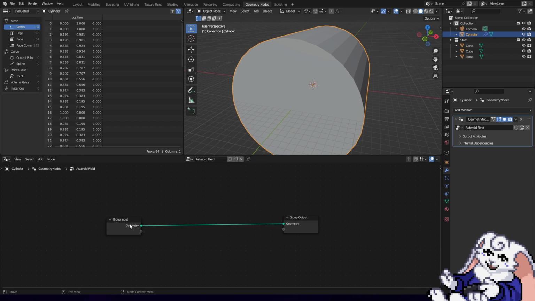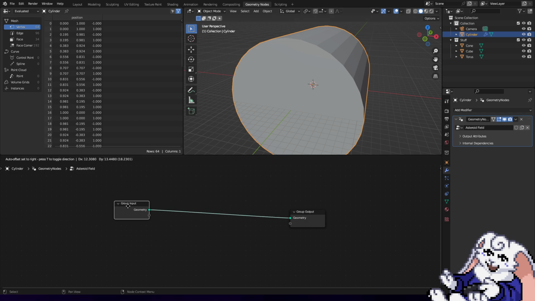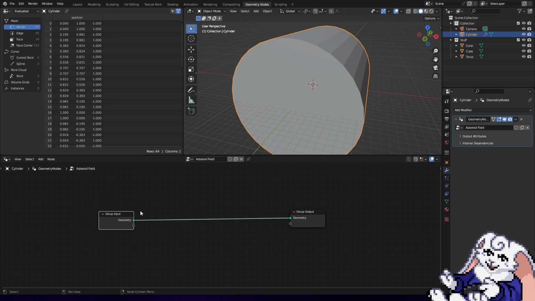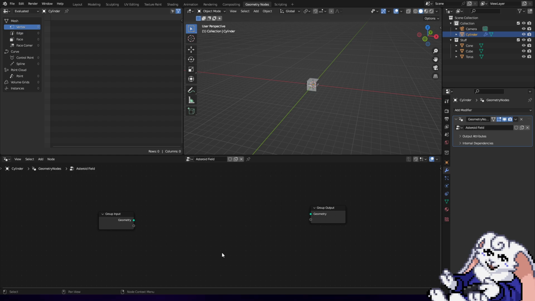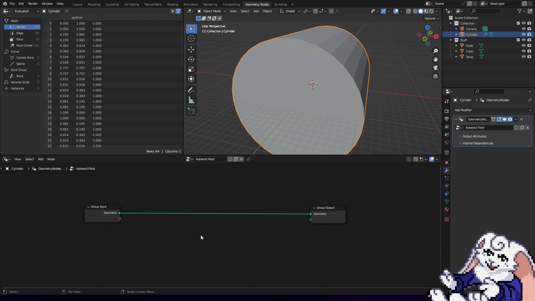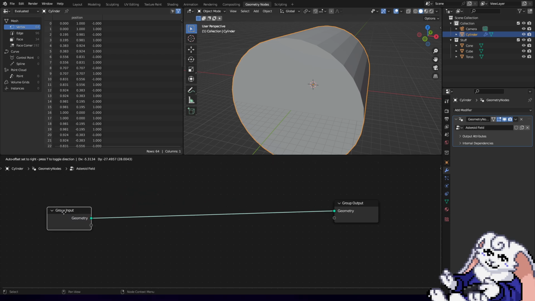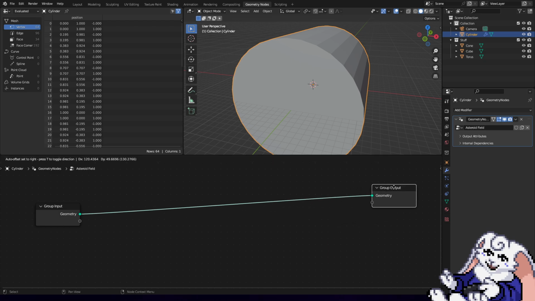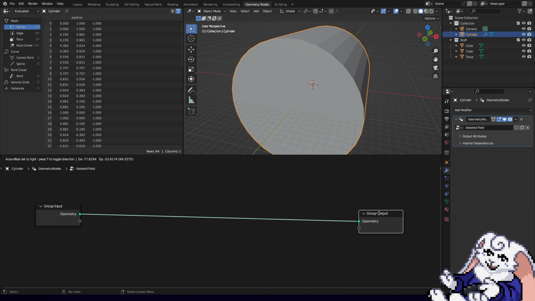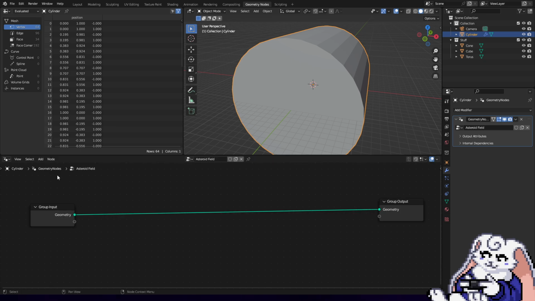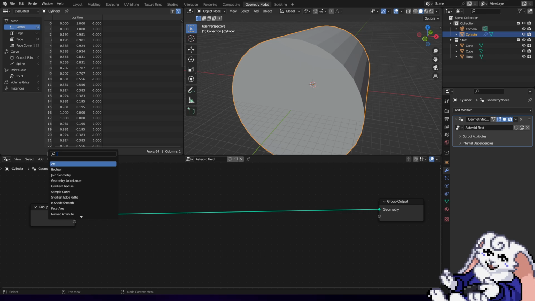So this is a bit of math that represents our shape. We have our geometry data from our mesh, and then we have an output that displays it, and if we disconnect that, oh my god, it's gone. Okay? So between this, we're gonna do some math that's going to take this original shape and change what it looks like once all the math is done, essentially. And I've done this a lot, but